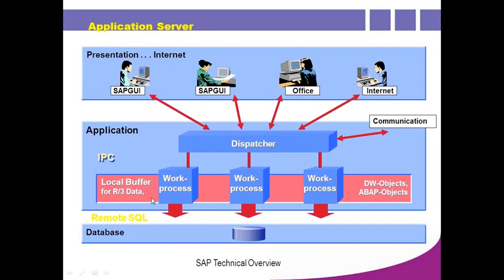So that is the application layer and database. These are the three layers. We can call it three-tier architecture: presentation layer, application layer and database layer. In the ERP mechanism, each and every ERP product is using this three-tier architecture. All right. Does anybody have questions here before moving to the next slide?